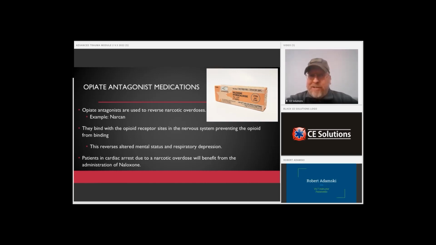dealing with that potential toxin, one of your T's, all right, and always follow your local protocols, but administration of naloxone in a setting of cardiac arrest can be indicated. So just realize that can actually help save your patient by reversing that underlying etiology that caused the cardiac arrest